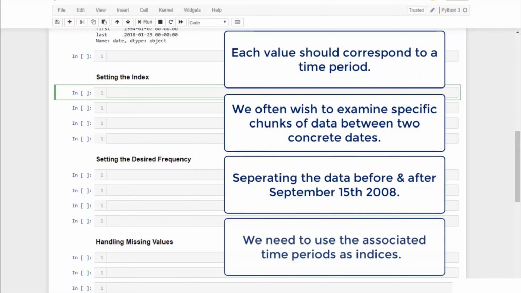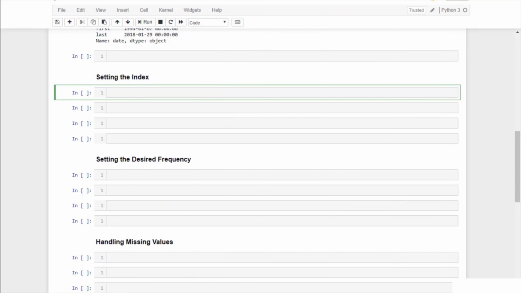Thus, we need to use the associated time periods as indices. In this instance, we have a data set of daily values. Therefore, each date would be a separate time period, so we can use the date column of the data frame as the new index column. To achieve this easily, the Pandas package provides a method called set_index. Since we are setting the indices for the entire data frame, we write